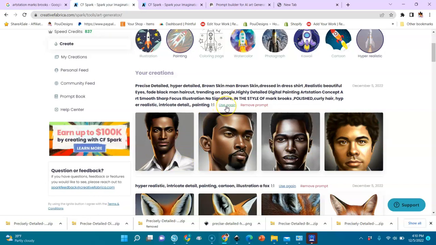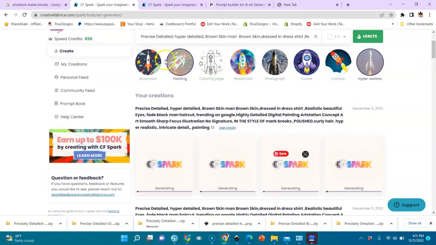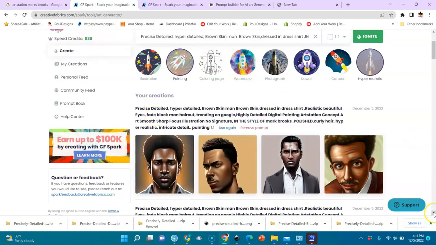And if you want more, guys, with the dress shirt, you have to go and run it again and run it. These two are cut off. I don't think we can use these, so this will be good. We have one right, and the more you use it, the more your speed credits get used. You use it, it goes low, it becomes lower, it goes lower.